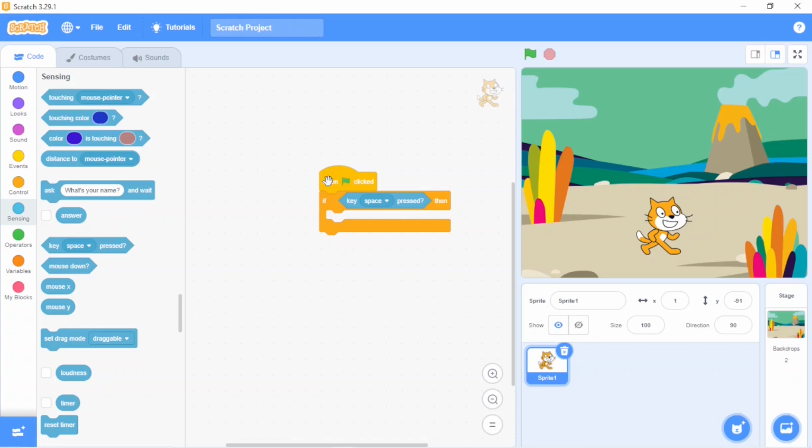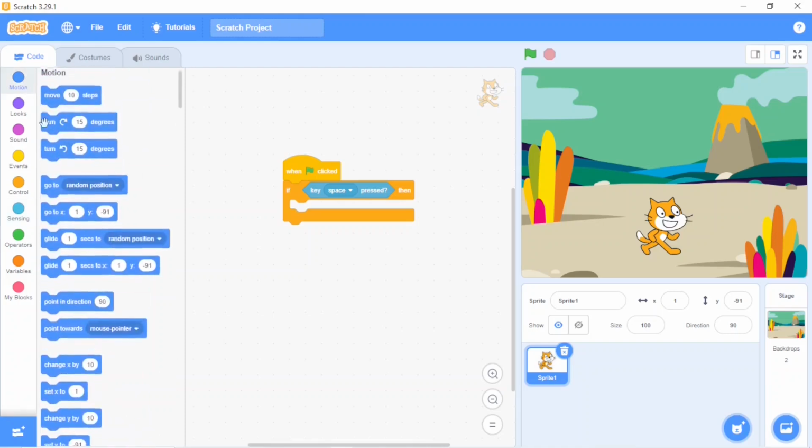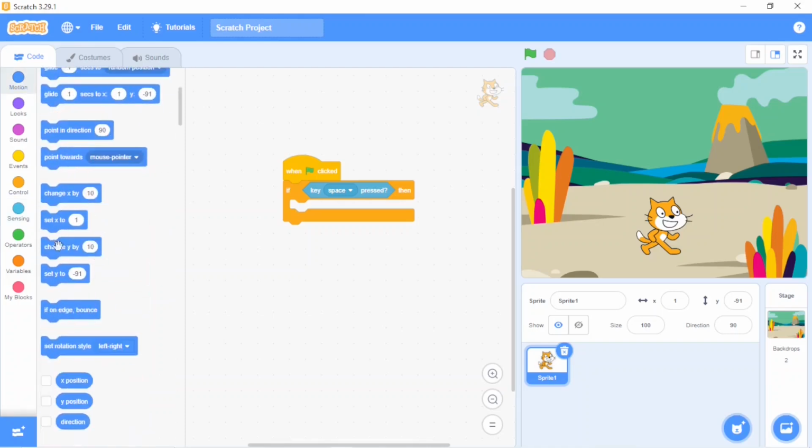What should happen when the space key is pressed? We know that the vertical axis is the y-axis, so the y-axis should be changed. I'll go to the motion block and take change y by. You can take 50.